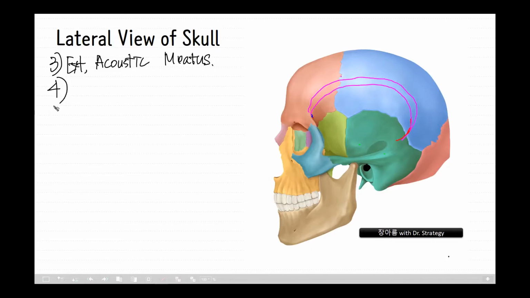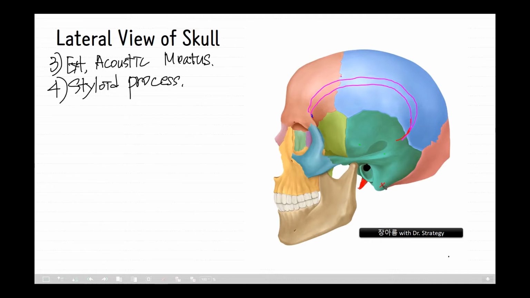Next structure I will talk about is the styloid process. In this figure, styloid process is this. The styloid process of temporal bone is a slender, pointed piece of bone that extends down from the temporal bone of the human skull just below the ear. The styloid process lies anterior and medial to the mastoid process,